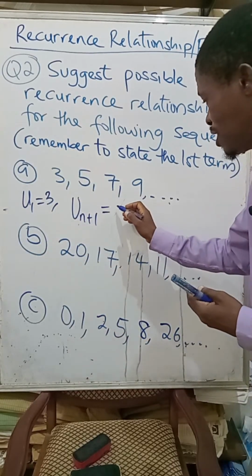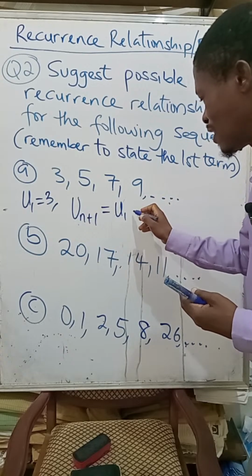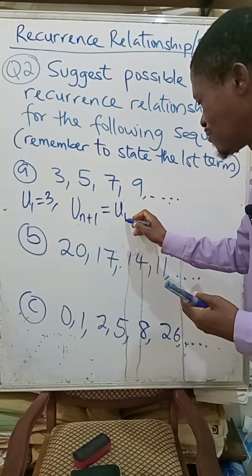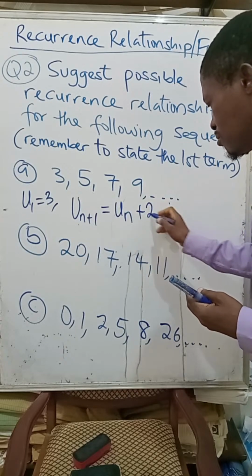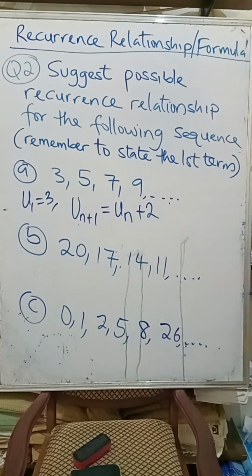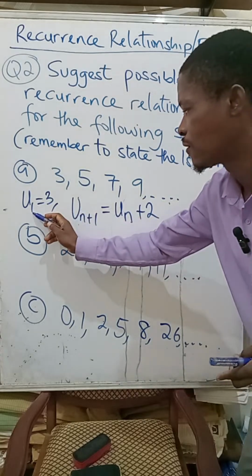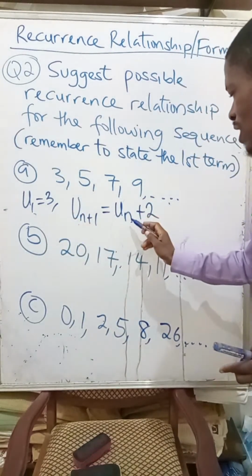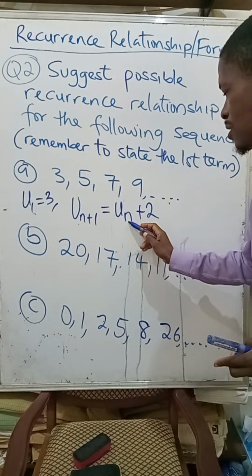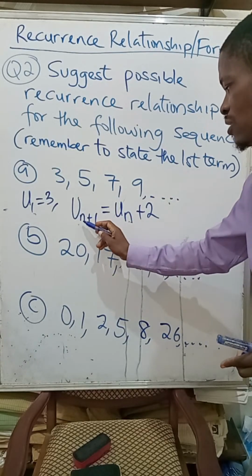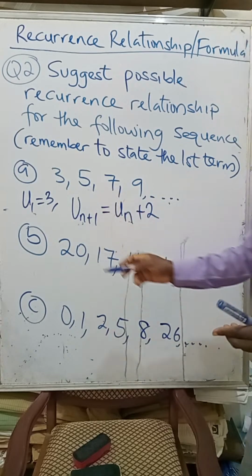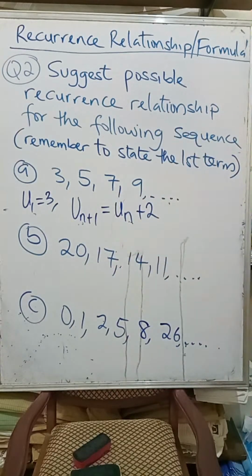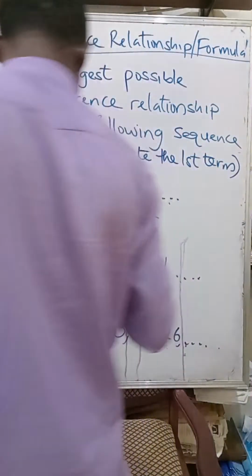So it's going to be U1, plus what? That'll be Un plus what? Plus 2. Un plus 2. And the n starts from what? From 1. So when it's 1, you have U1. When n is 1, you can plug in 1 here, that'll be U2. Do it here, get the second one, and you go on like that. The second one,